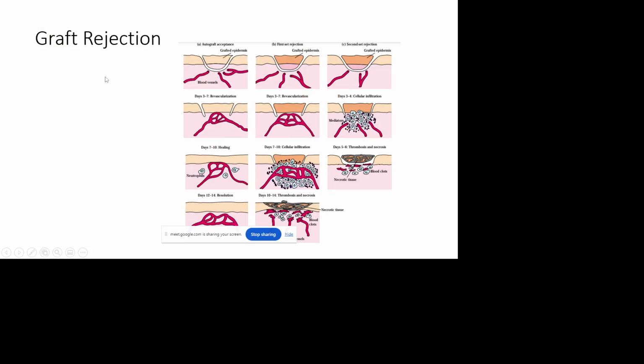So the next is graft rejection. So we will shift to the transplantation process. When a graft is transplanted from a donor to a recipient, there are three kinds of rejection that can be possible: autograft acceptance, first set rejection, and second set rejection. So the first case,